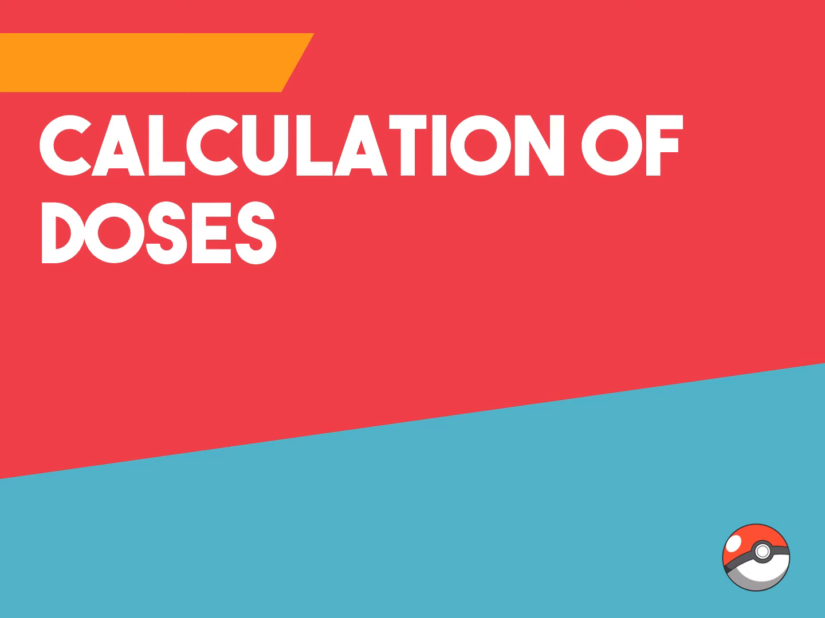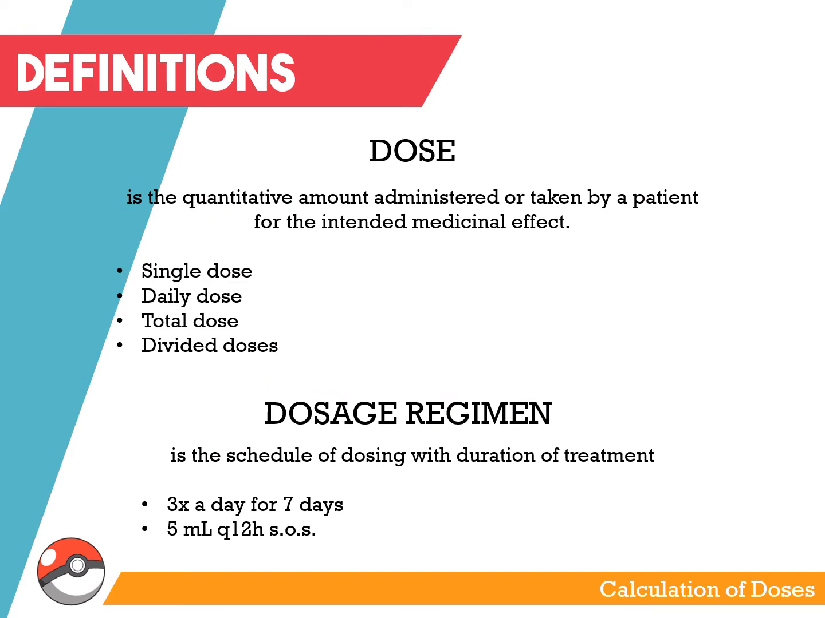Next is the calculation of doses. So dose is the quantitative amount administered or taken by a patient for the intended medicinal effect. It may be classified as a single dose, a daily dose, a total dose, or divided dose. While a dosage regimen is the schedule of dosing with duration of treatment. So for an example, 3 times a day for 7 days or 5 ml every 12 hours, SOS or as